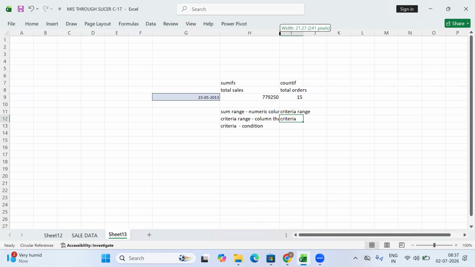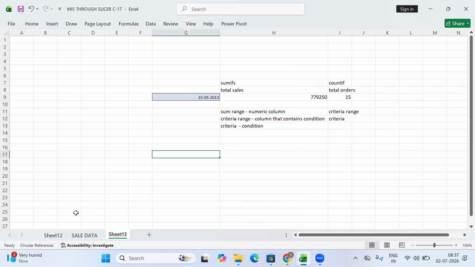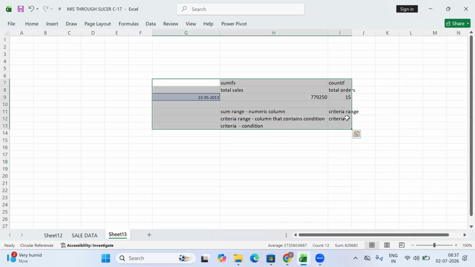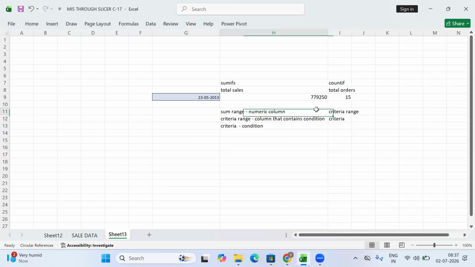Do you want to try this one? I can give you one condition for this. If you are connected with a laptop. Actually, I joined with mobile. Okay, then later on you can try this. But is this clear? The difference between SUMIFS and COUNTIFS? Very clear.